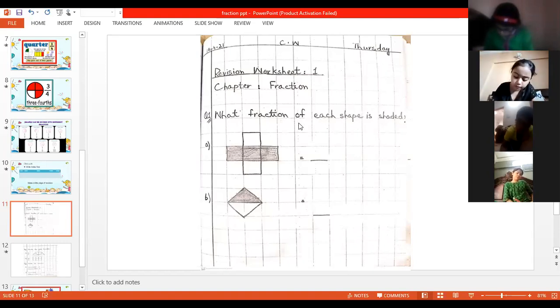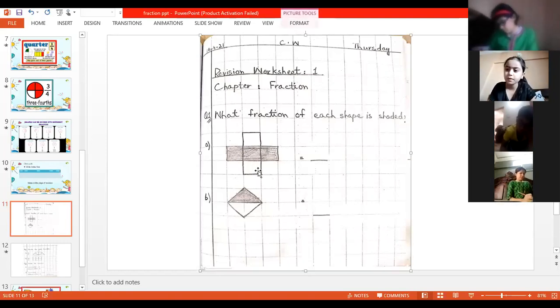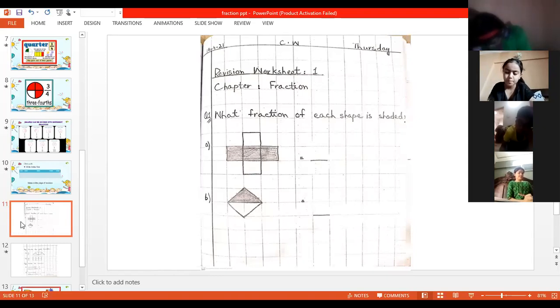But see how many boxes are there in this shape. 1, 2, 3, 4, 5. The total number of parts in this shape is 5. So in the denominator place, what will we write here? 5. Very nice, Hamna. In the denominator place, we will write 5.